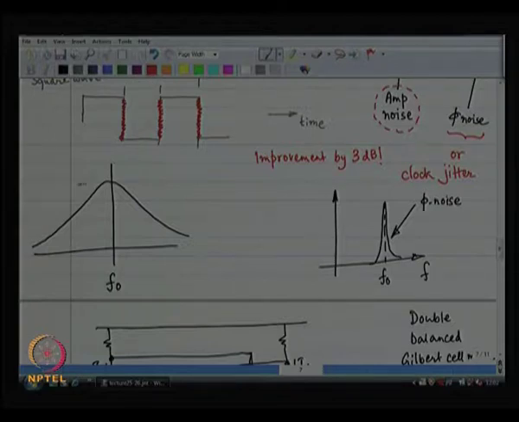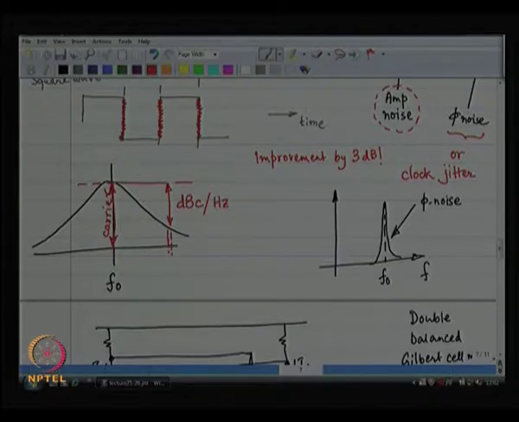Then phase noise is expressed as so many dBs with respect to the carrier signal. This is the carrier signal. So many dBs with respect to the carrier signal, dBc per hertz